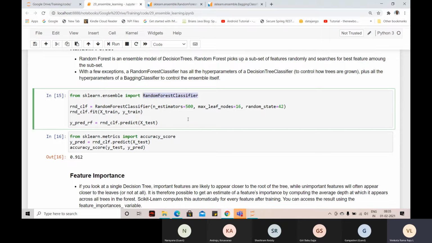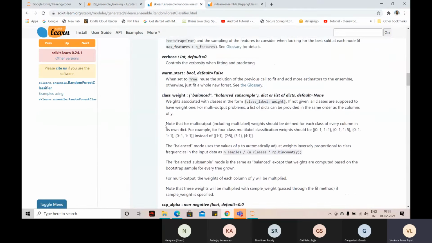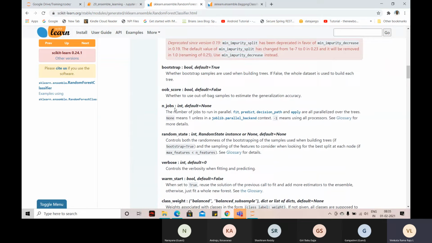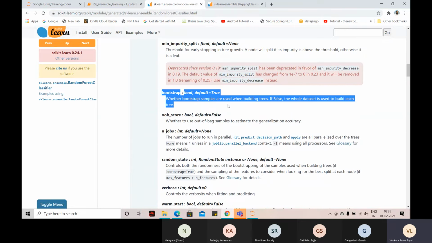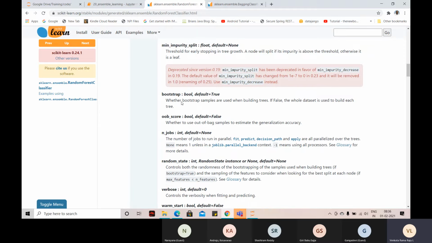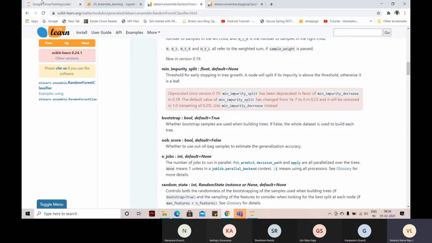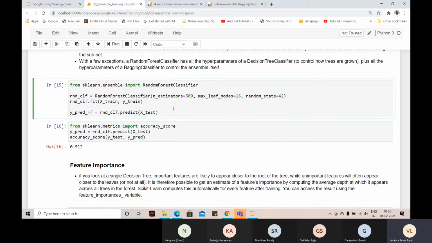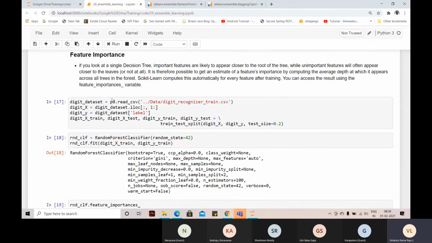Bagging classifier and random forest classifier work similarly, but random forest classifier is specific to decision trees, and it does sampling on the columns definitely. And in the new version, they changed this also. Bootstrapping was not true in the old versions; they actually changed it to true here. If you keep bootstrap false, the rows are not going to be bootstrapped. It will take all the rows, but specific columns. Okay, so what is the advantage? We'll see that in a moment. Feature importance we'll see, but